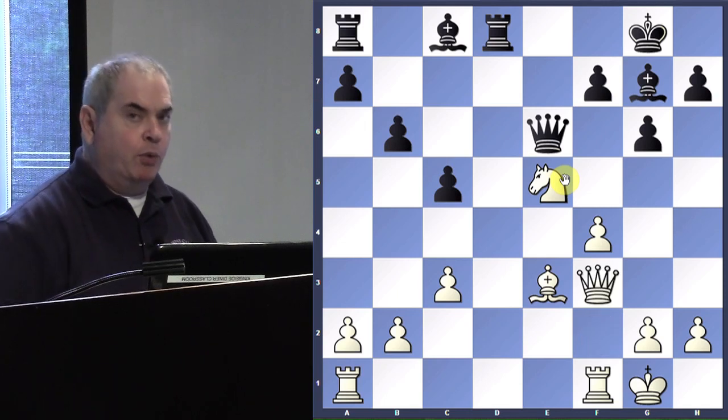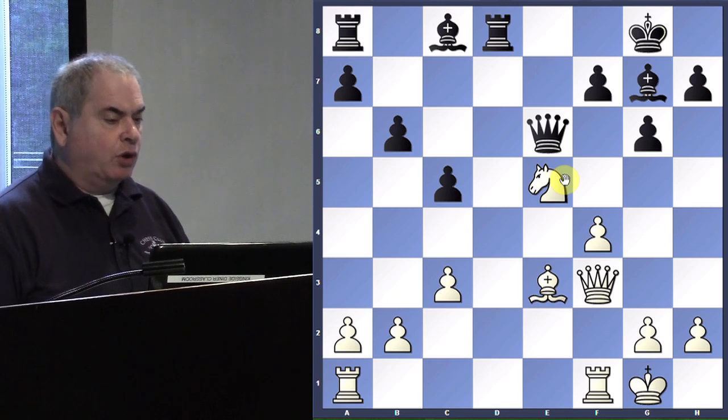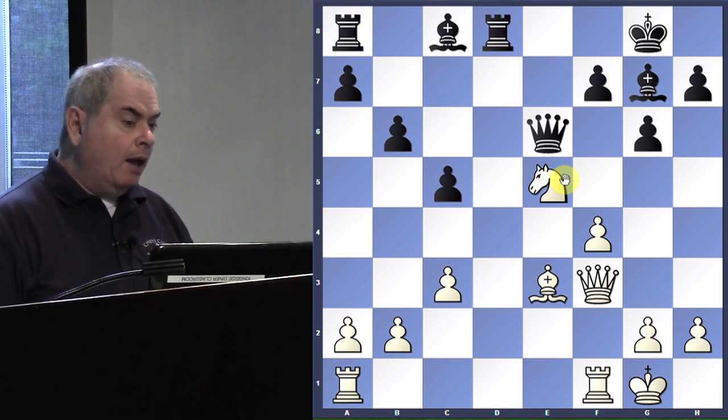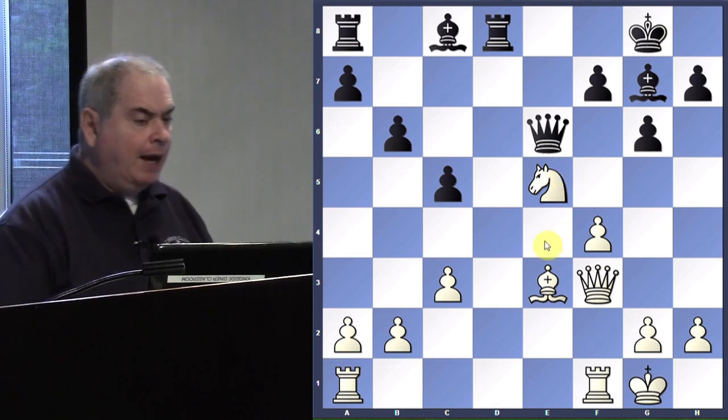So white tries to play queen f3. Again, I think a very understandable move, in my opinion. The queen is trying to control the diagonal first and attack the rook in the corner. Of course, you cannot play bishop b7. And again, if you try to be